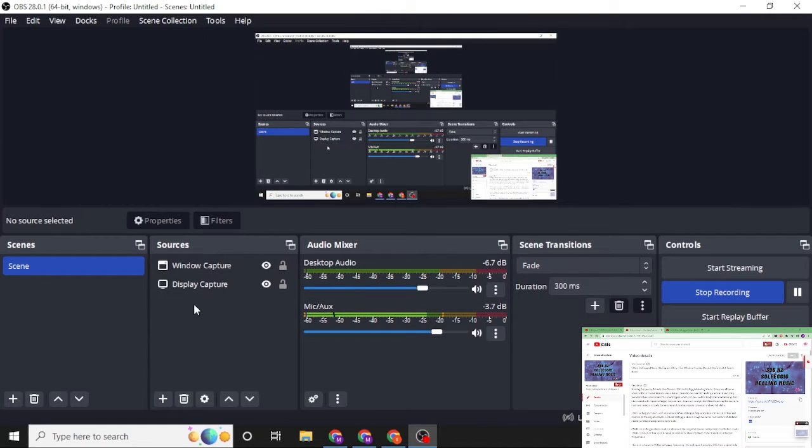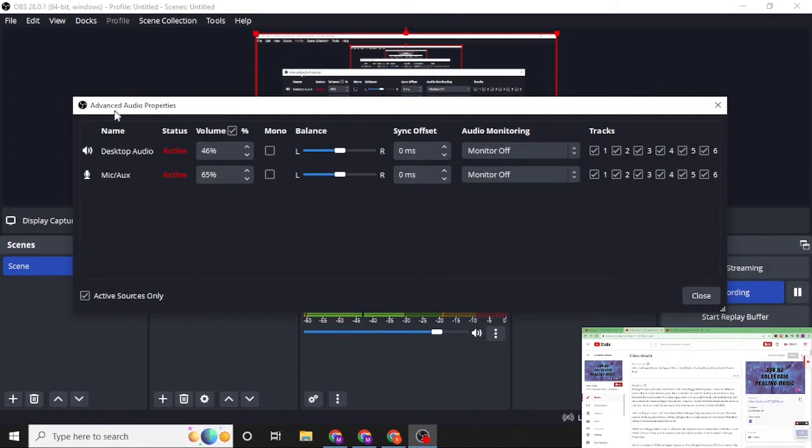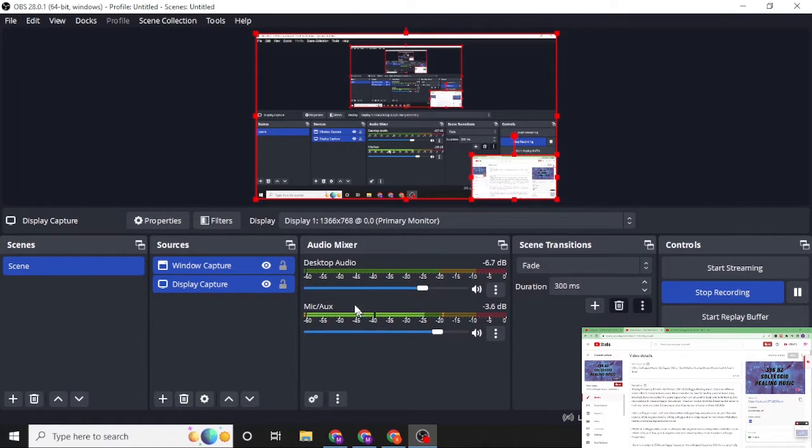And after entering your sources, you will be required to mix your audio. This is the desktop audio, this is the mic aux, and you can go to the advanced properties and mix it from over here also. And let's close this. And after mixing your audio and adding your source, if you want to apply scene transitions to your video or the scene,